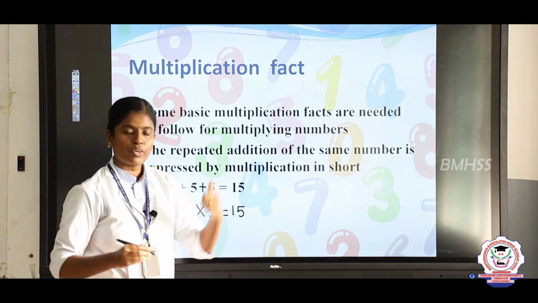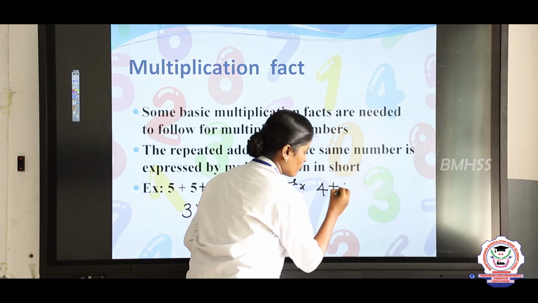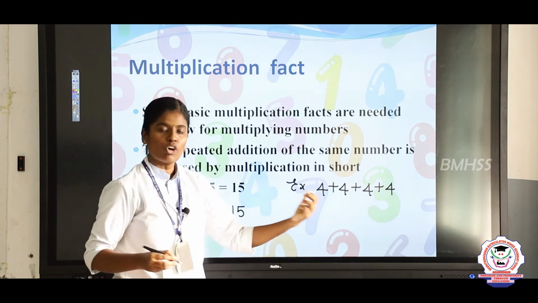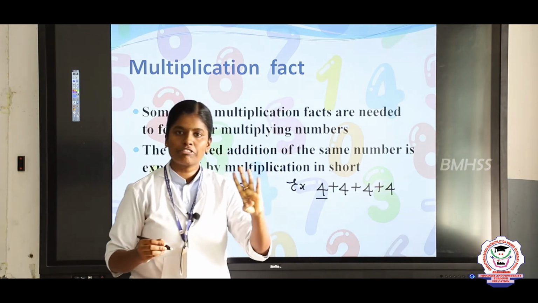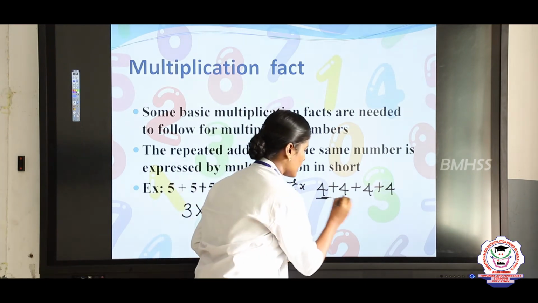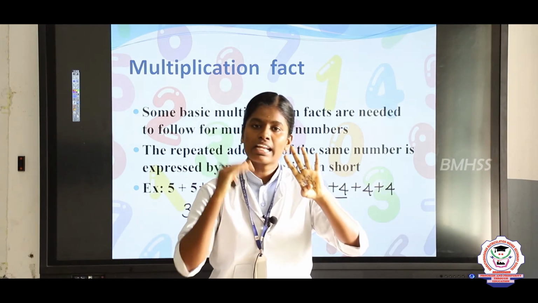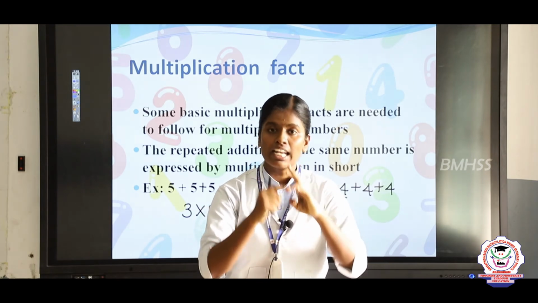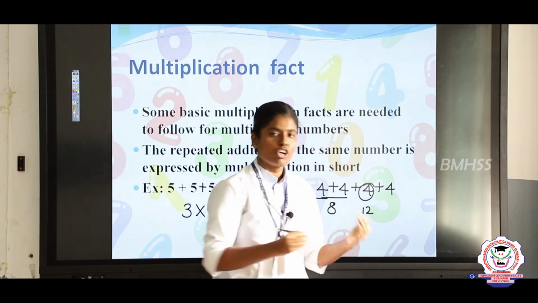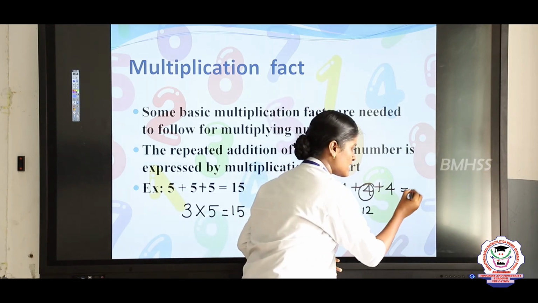Next we will see one more example. Take 4 plus 4 plus 4 plus 4. Take 4 in the mind, 4 on the fingers: 4, after that 5, 6, 7, 8. So the answer is 8. Next we take 8 in the mind, 4 on the fingers: 8, after that 9, 10, 11, 12. So the answer is 12. Next we take 12 plus 4: 12, after that 13, 14, 15, 16. So the answer is 16.